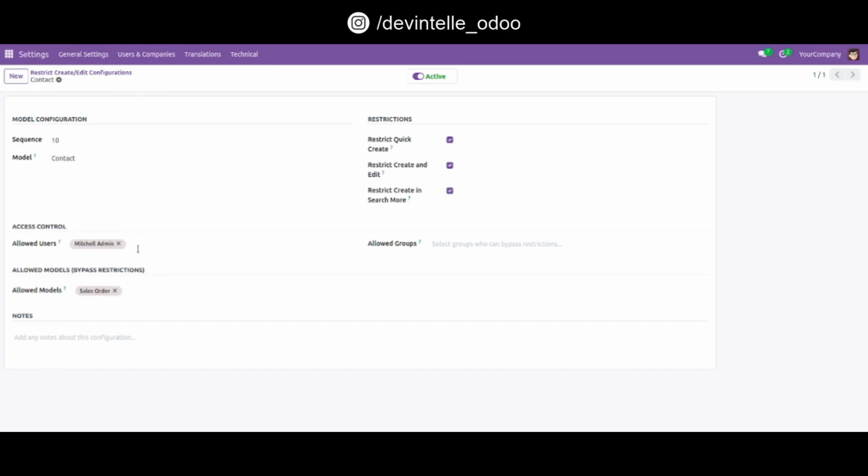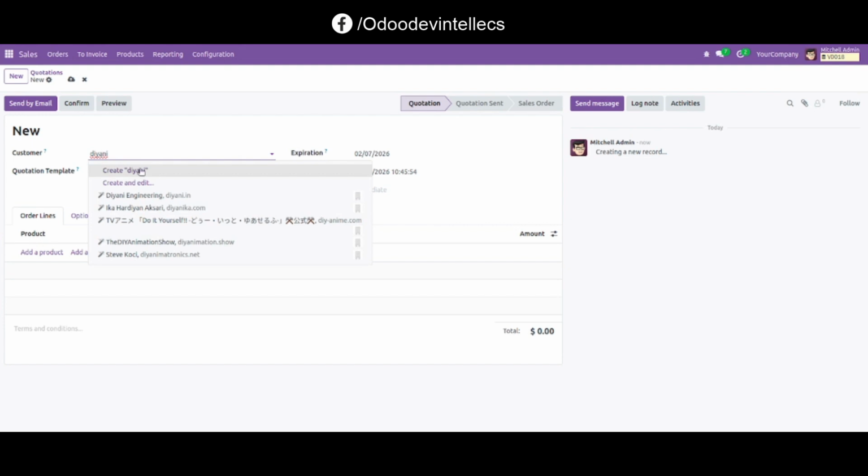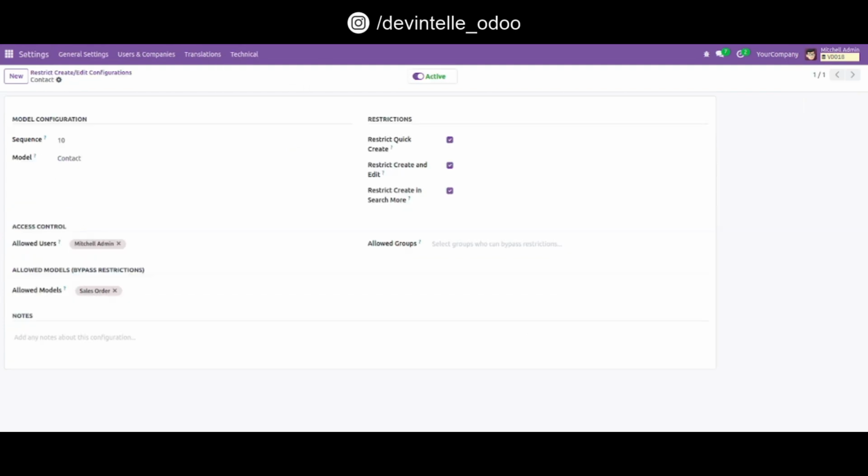When you log in with this admin user, at that time when you try to create any new record, those options for create, edit and search mode are also displayed. So here the login user is admin. And now I want to create, and you can see the create and edit option is displayed